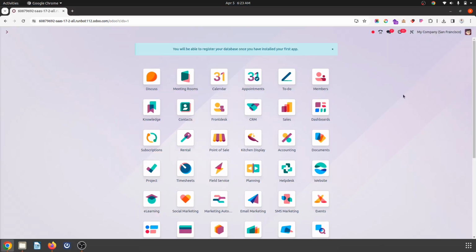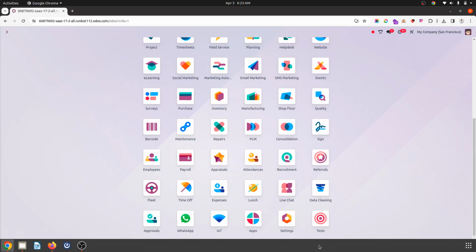Hi friends, good morning. I am on Odoo 17.2 now, and Odoo 17.2 is released, and I would like to showcase a new feature which Odoo has added. The feature is old, which was available with version 17, that is product catalog, and that